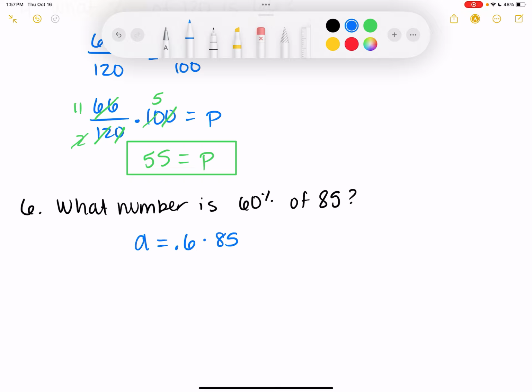Thank you. Why did my calculator give me 51? Probably because you typed it in wrong. For number 6? Oh, well, that's probably right. I can't do it in my head. Yes, 0.6 times 85. It should be a number that's smaller than that. 0.6 times 85. Yeah, 51. 8 times 6 is